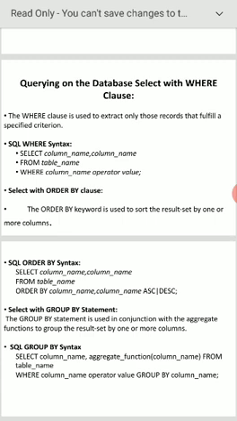Next, select with the order by clause. Here, if you want to sort the table, you can use this order by clause. You can sort in either ascending order or descending order. Sorting means what here? Arrangement of elements either in ascending order or descending order. Ascending order means lowest element to highest element. Descending order, highest element to lowest element.